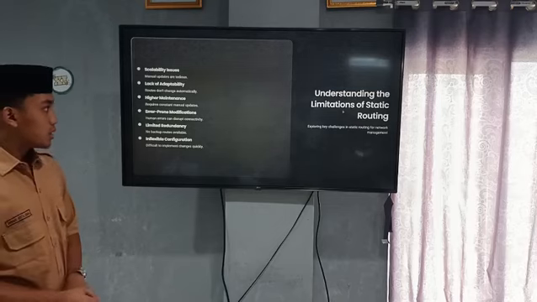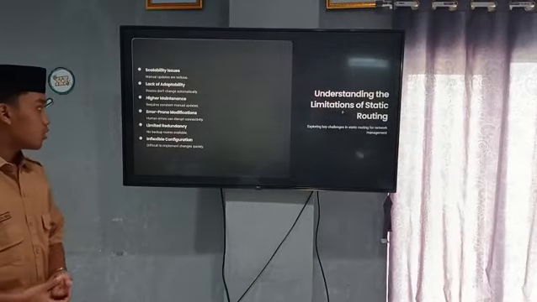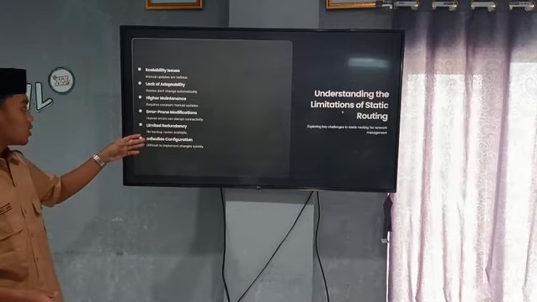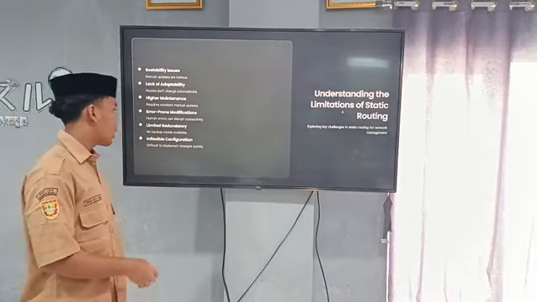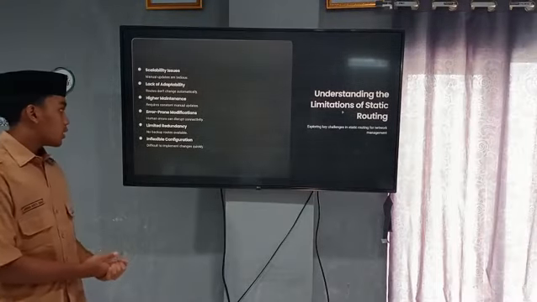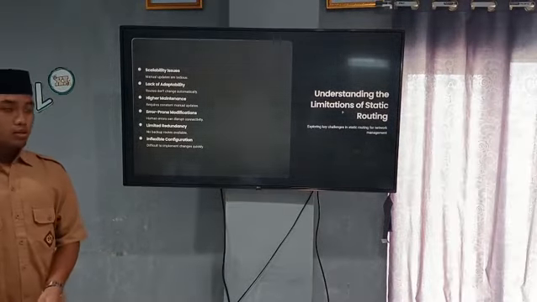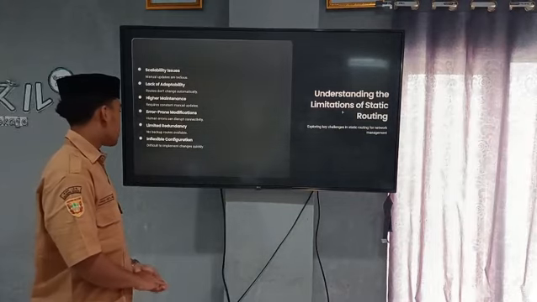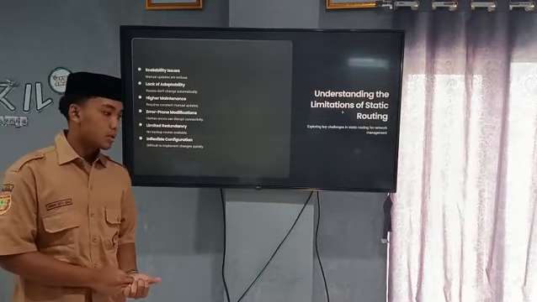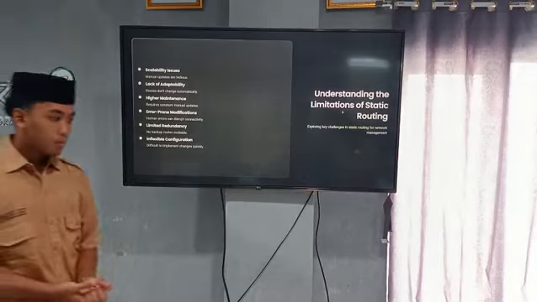In a static route, there is only one way. That's why, in terms of redundancy, no backup routes are available. So if the way is cut off, there will be no connection. So inflexible configuration: difficult to implement changes quickly because it's configured manually.